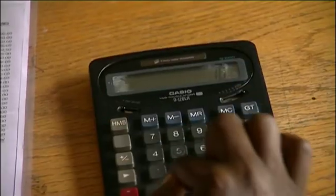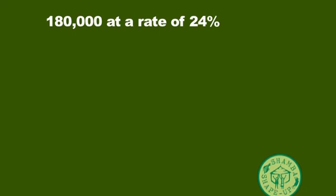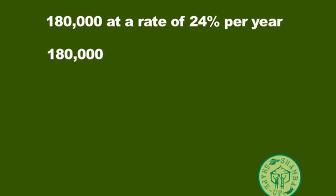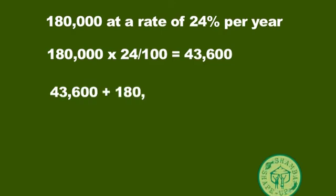Of the 280,000, less the 100,000, he would need 180,000, which he would borrow from the bank. So with a loan principal of 180,000 at 24% interest rate, one would be expected to pay an interest of 43,600. If you take the 43,600 and add it back to the principal of 180,000, then you would have a total of